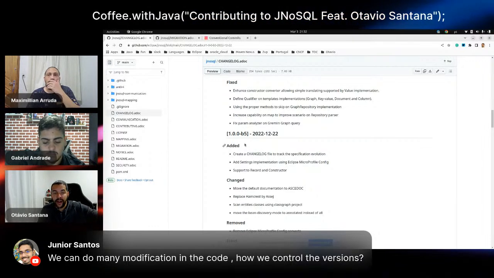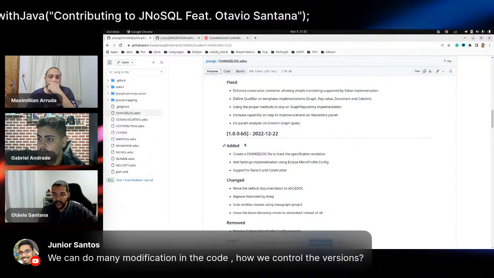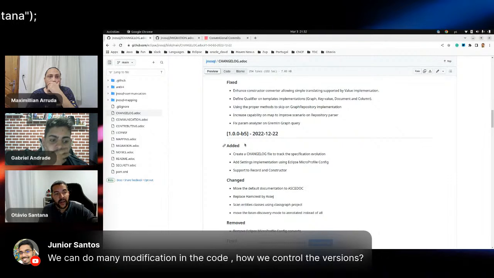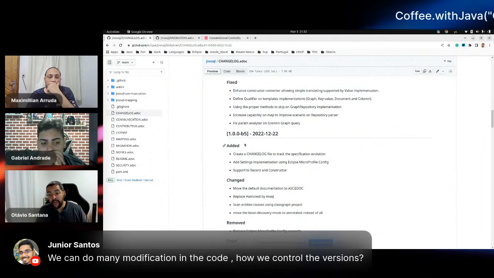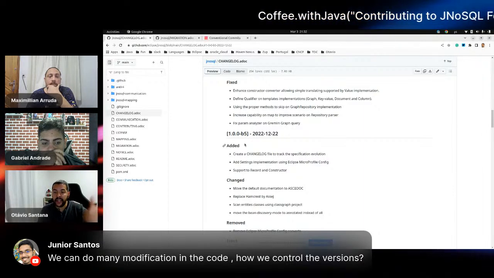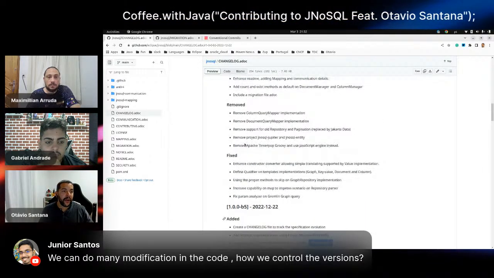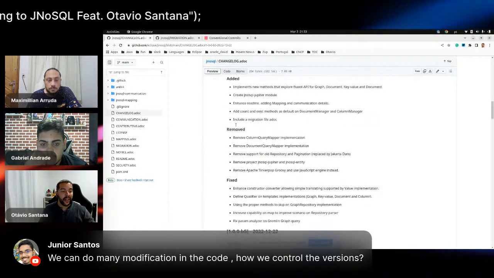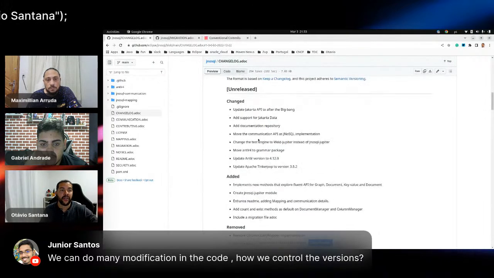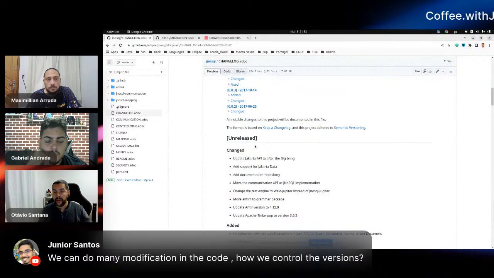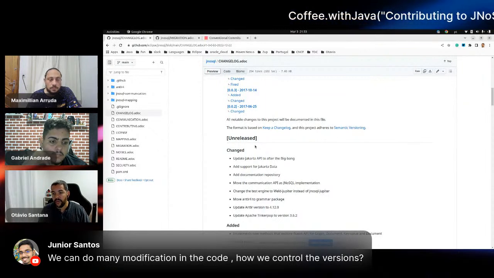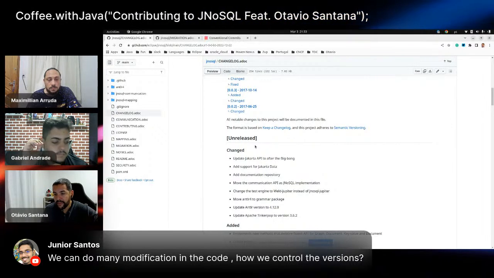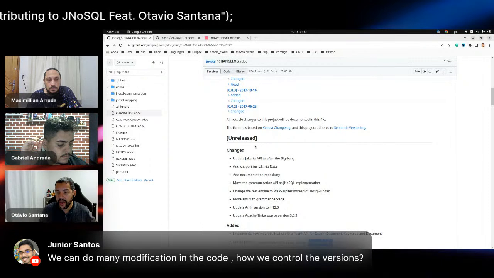So if you modify multiple times, you're going to put the latest state of this feature in that version. What happens if in the next version I change the behavior again? Okay, it's fine. You're going to put here under the change category what was changed. So in this version it has a feature, in another version it has another feature. The point is control by version. So if you release a version every 3 months, every 4 months, it's fine. The latest state should be there.